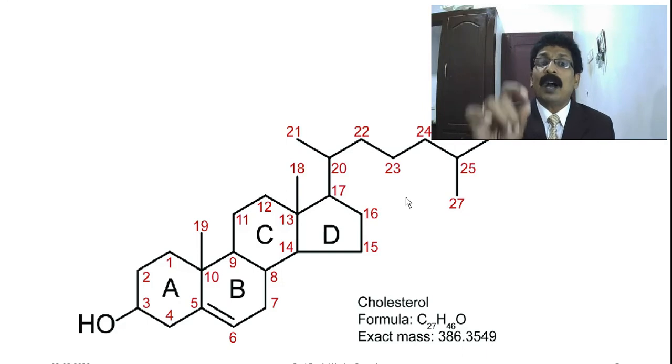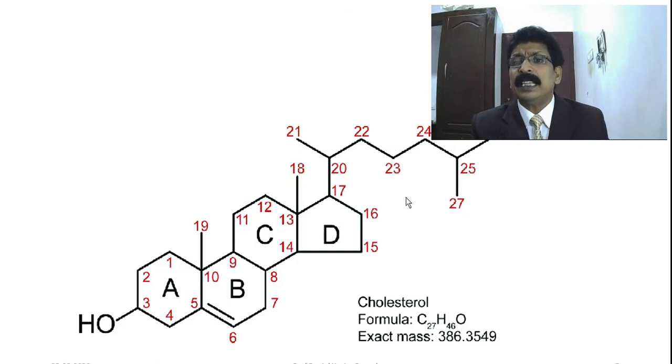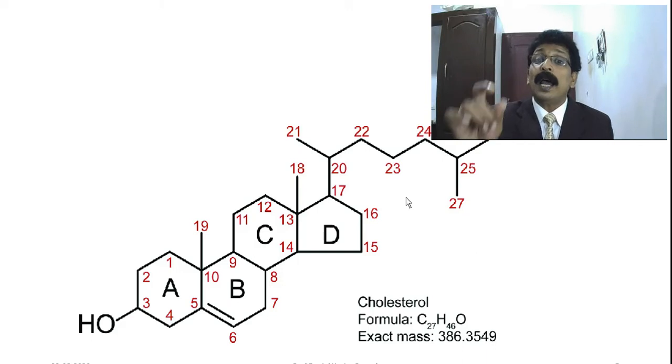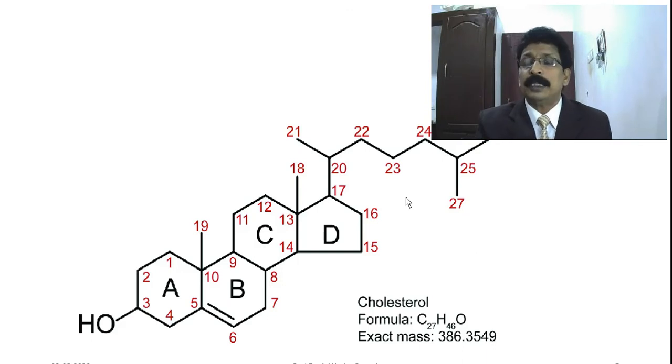Then this 5-membered ring structure, the 17th position, will be attached with various substituents. Even in cardiac glycosides, you can find there are some lactone rings attached at the 17th position, which will change the structure. So if you know the numbering and the basic structure of this compound, it will be easy for you to write the structure, and also to explain the structure.